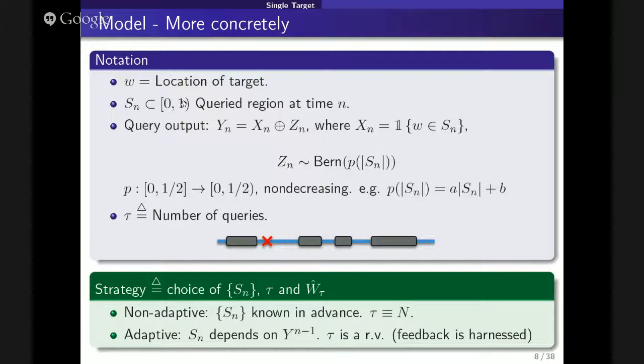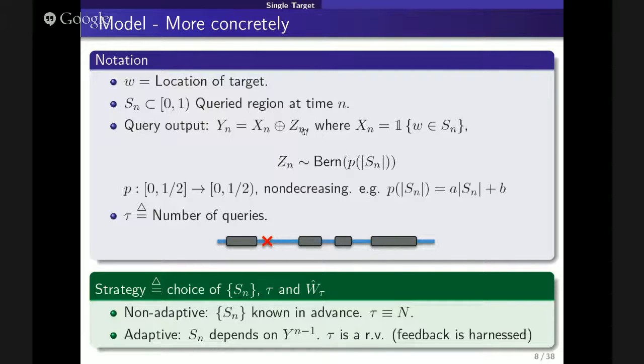S_n will denote the queried region at time n, the gray areas we use to query where the target is. The output will be denoted by Y, and Y is composed of two elements. The first is X, which is just the indicator: did we hit or miss the target with our search region. So in this case, X is 0,